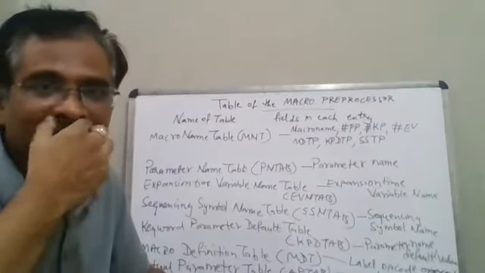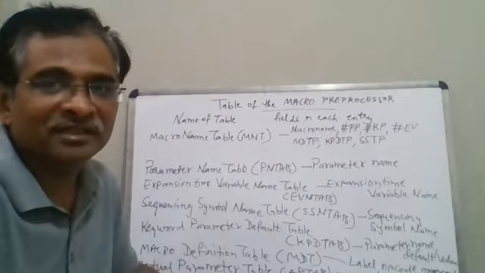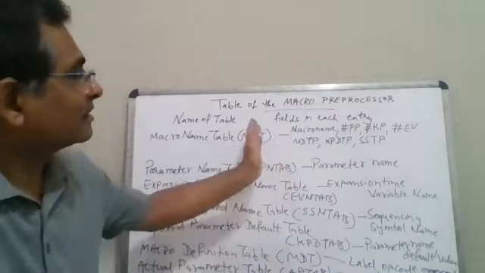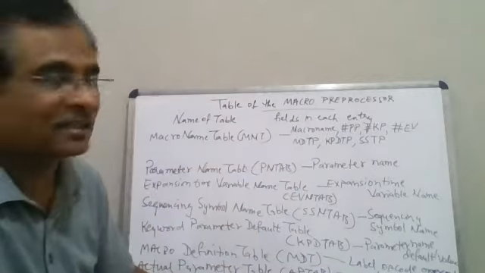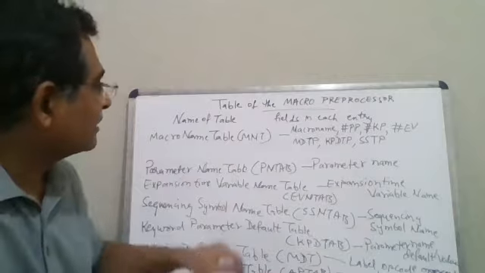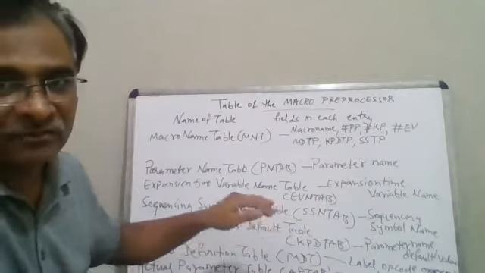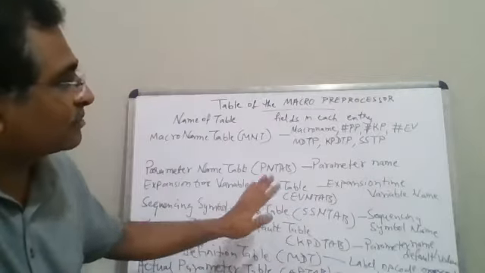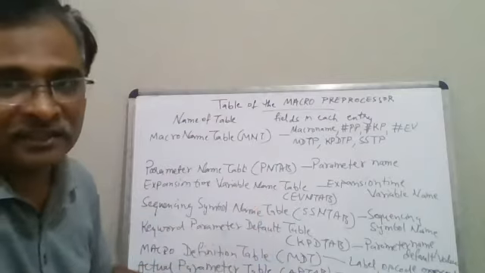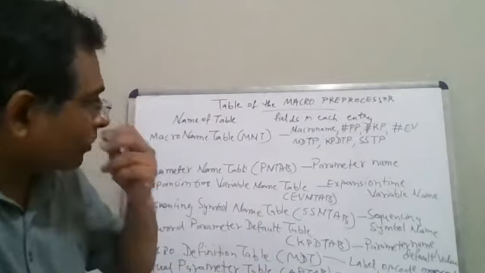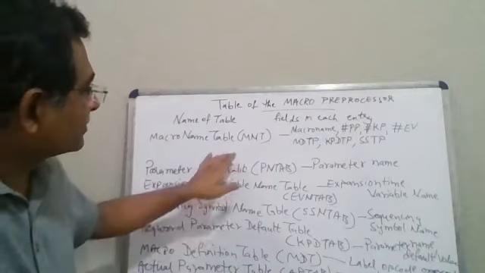What are the various tables which are there? Here there are the tables, and the fields which are going to be there inside the tables are listed on the other side, right? Because of space constraint, it was difficult for me to put up everything, but please bear with this. However, I have tried to cover all the data structures in this single small board. So, okay, let us see what is this.